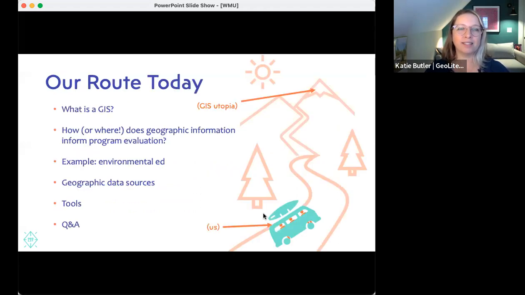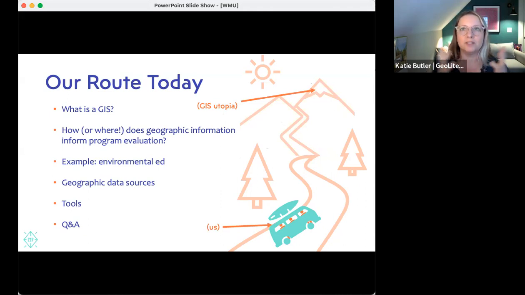So we're going to start today talking about what the letters GIS mean, just so that we're all in the same place. But ideally, our route today, this is us in our little VW bus. There's only 3 of us in here, and we're apparently using our legs at the bottom to help it along the track. But this is us, and we're on this little journey today, and we are headed towards GIS utopia. So my hope is that by the end of our talk today, you'll feel like, oh yeah, this could be really useful for me.